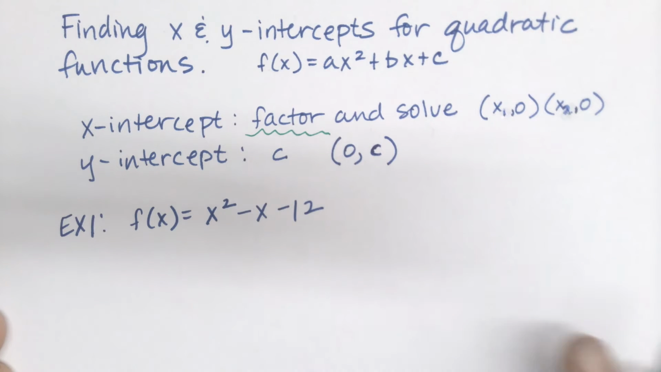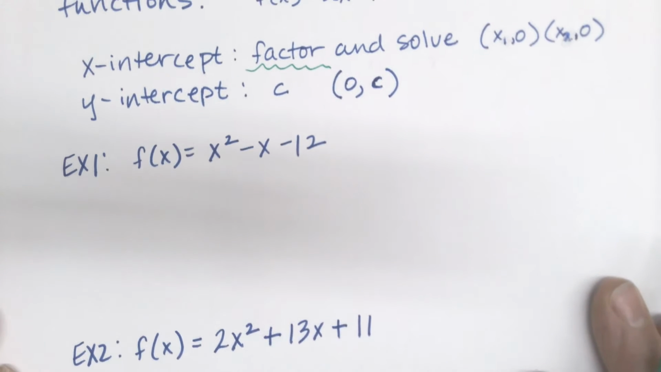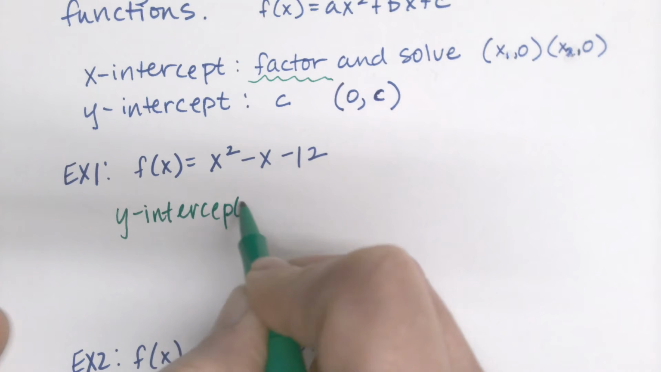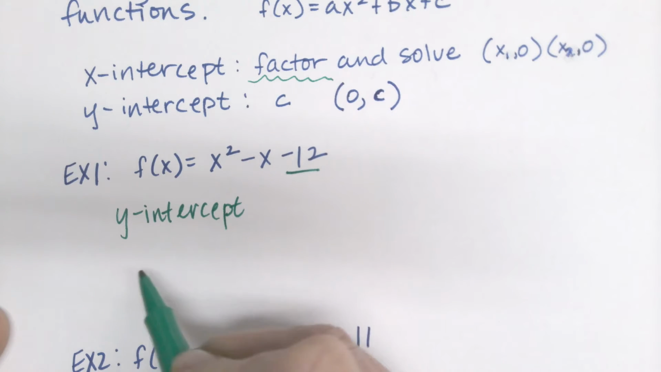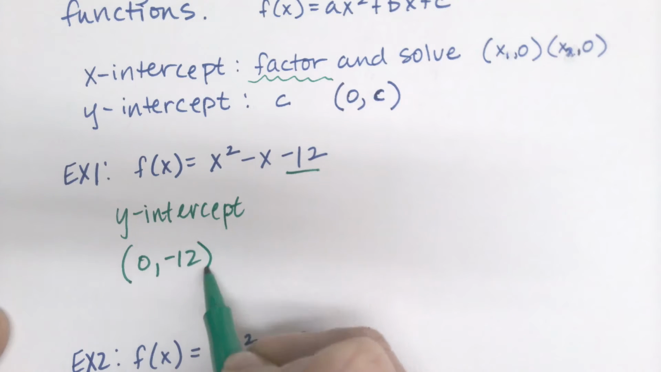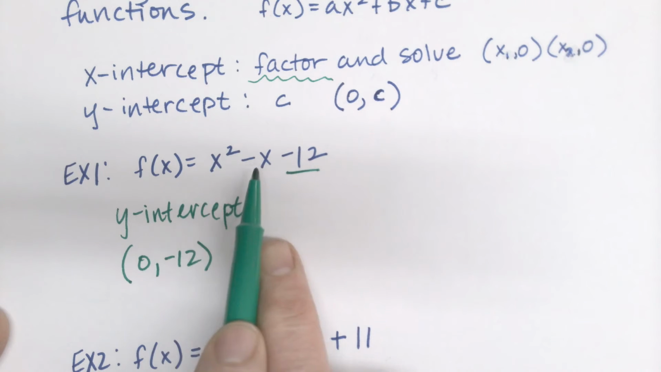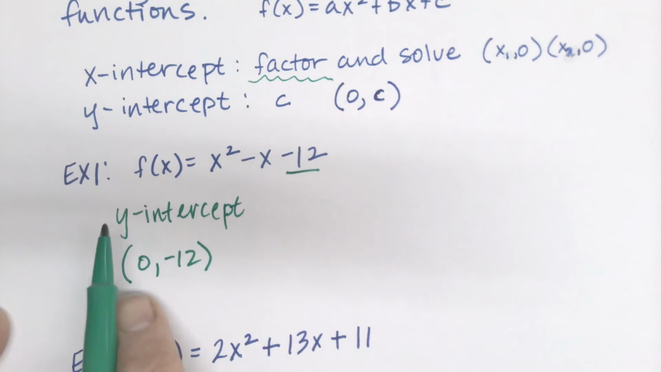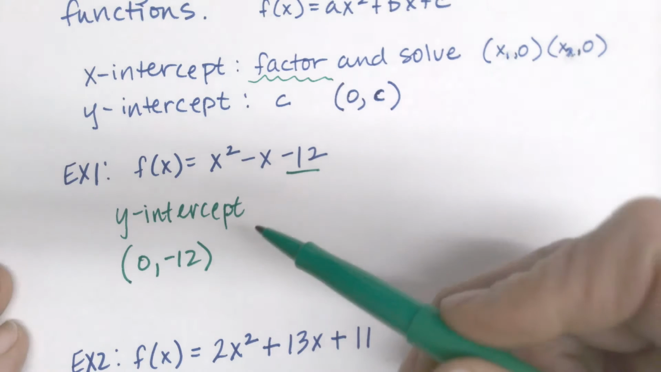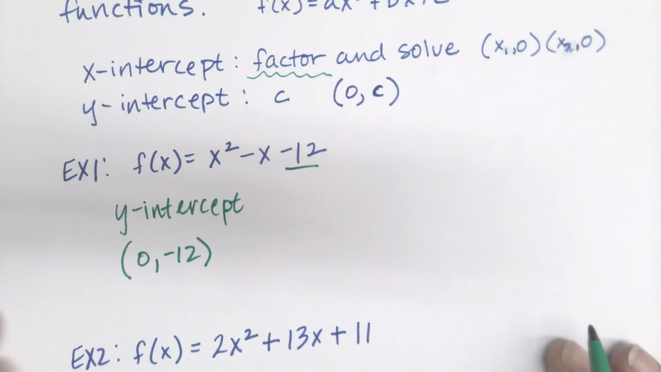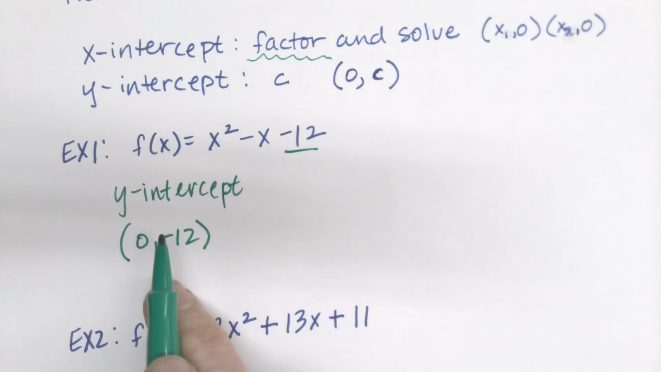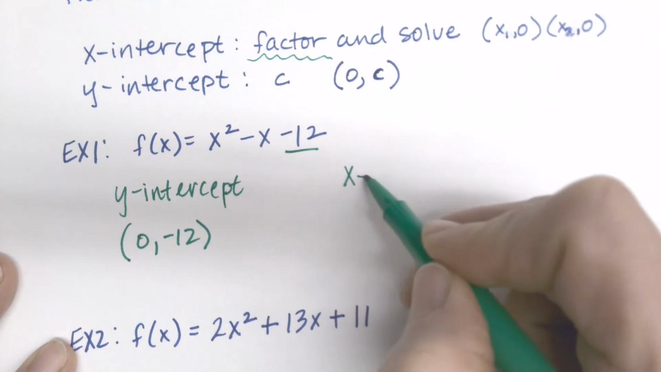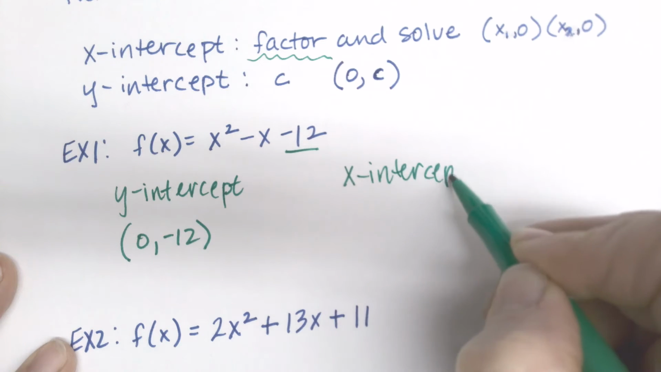So if I'm going to find my x and y-intercepts on this first example, the y-intercept, like I said, is super easy. It's just that end number. So the y-intercept is 0, negative 12, because 0 squared is 0, minus 0, I end up with the function equaling just negative 12. If you can't do anything else, like if you forgot how to factor, you should be able to find the y-intercept very easily by finding the c. And so the x-intercept is where we have to use our skills in factoring,